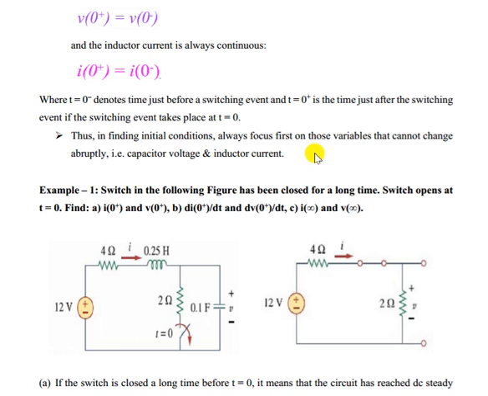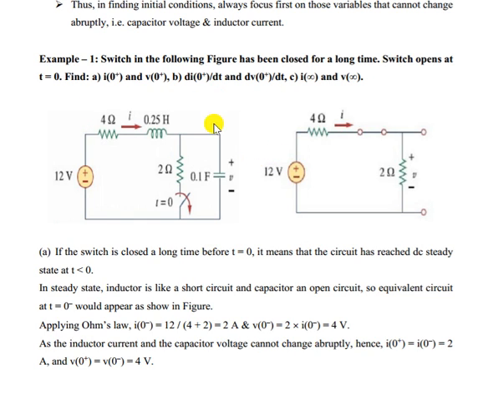Now let us see how to find out the initial conditions. Let us take this example circuit. In this circuit we can observe that we have a switch. This switch at t equal to 0 goes outwards, that means for t less than 0 the switch is closed, right? Now if the switch is closed the circuit looks like this, and if it is in steady state condition, that means for DC voltage, the inductor acts as a short circuit and the capacitor acts as an open circuit.